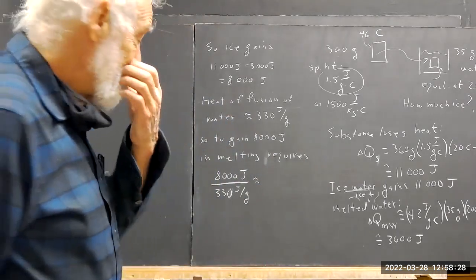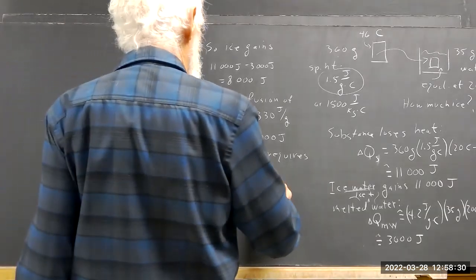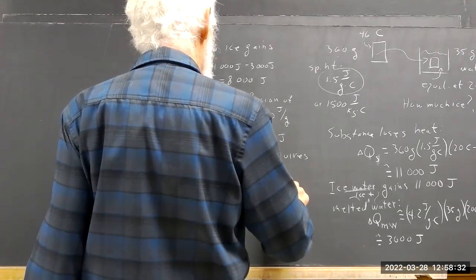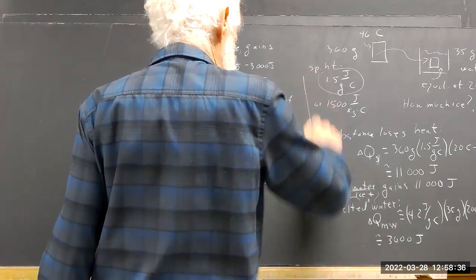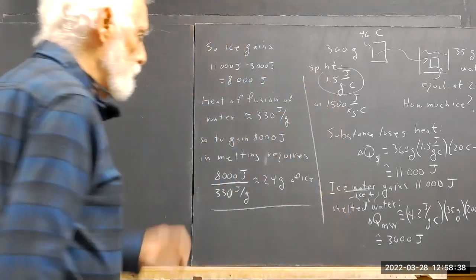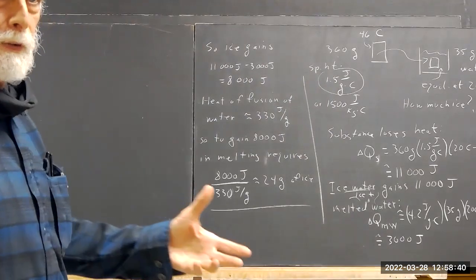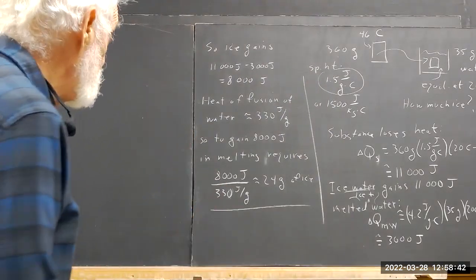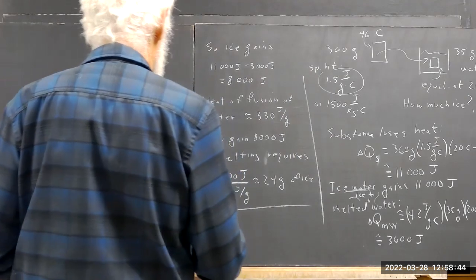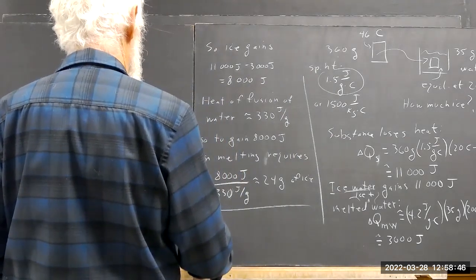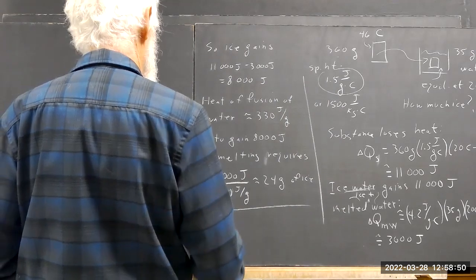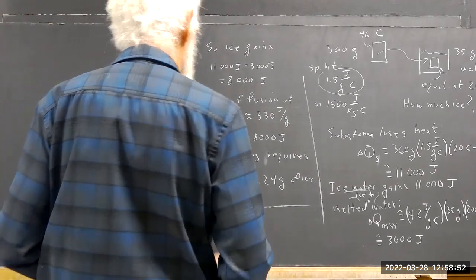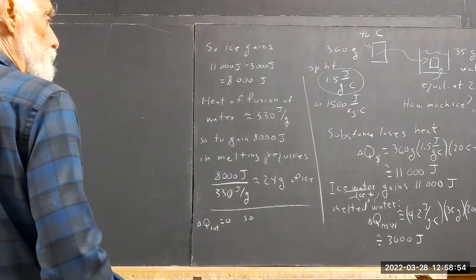Okay. So I'm saying this is maybe about 24 grams of ice. Now you can set this up as a single equation. Delta Q total is 0, so